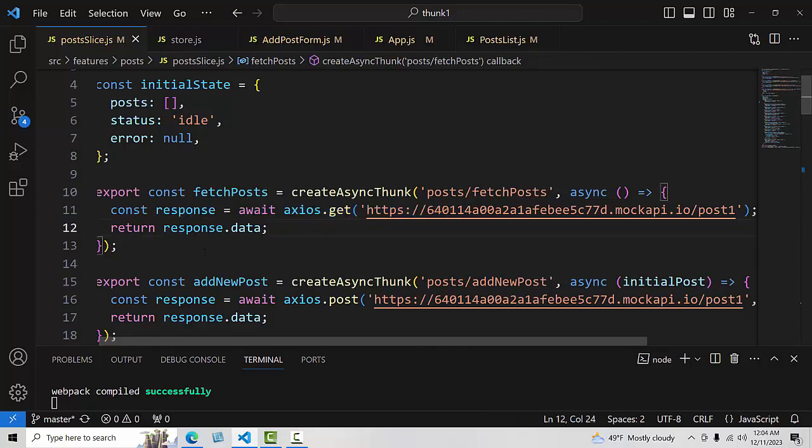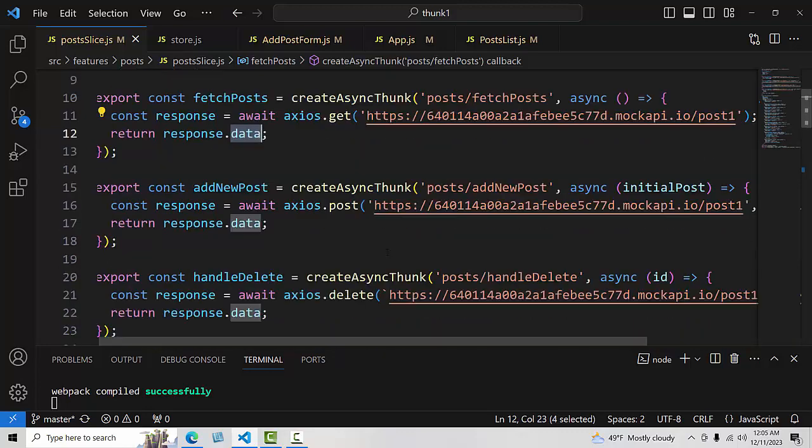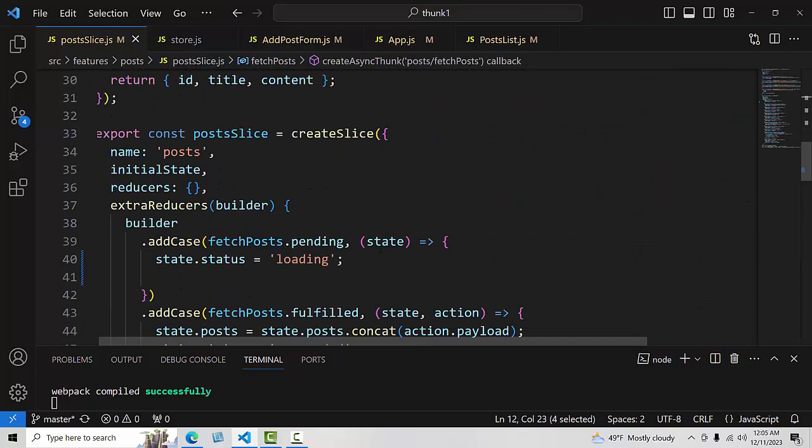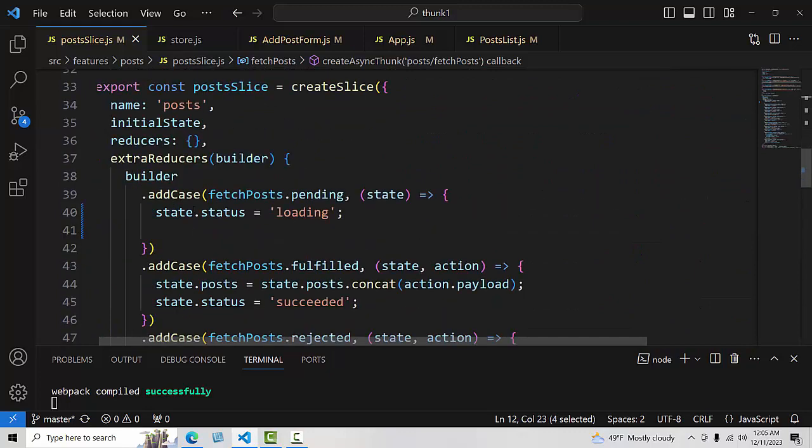All that action data will be an array of posts, or it will be an error. It is data, it is payload, and this returned response data is returned to extraReducers